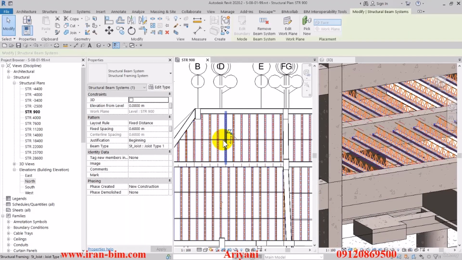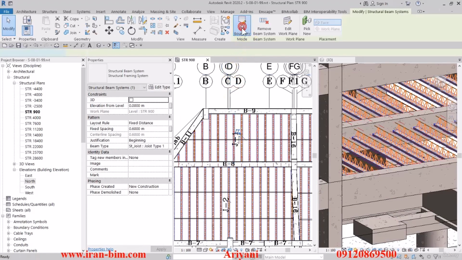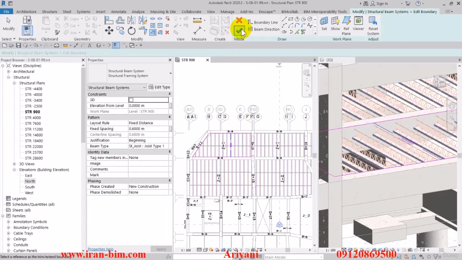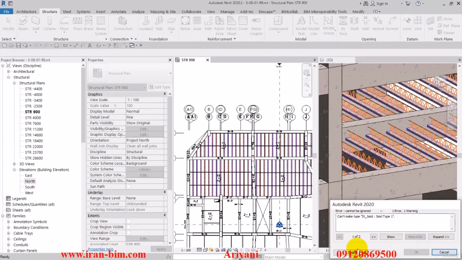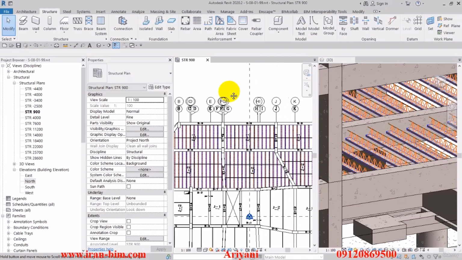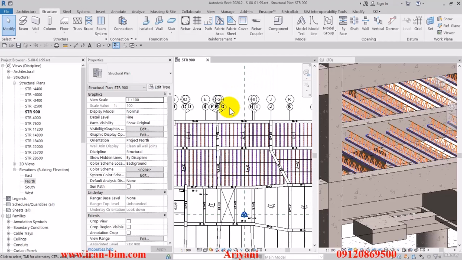So after that, I'll go here and click on edit again and then put these on the inside. Then select this, then click on here, and after that, finish it up. So if you want to do quality work, you need to do these patiently and carefully. So using this method, you can put the joists up in all